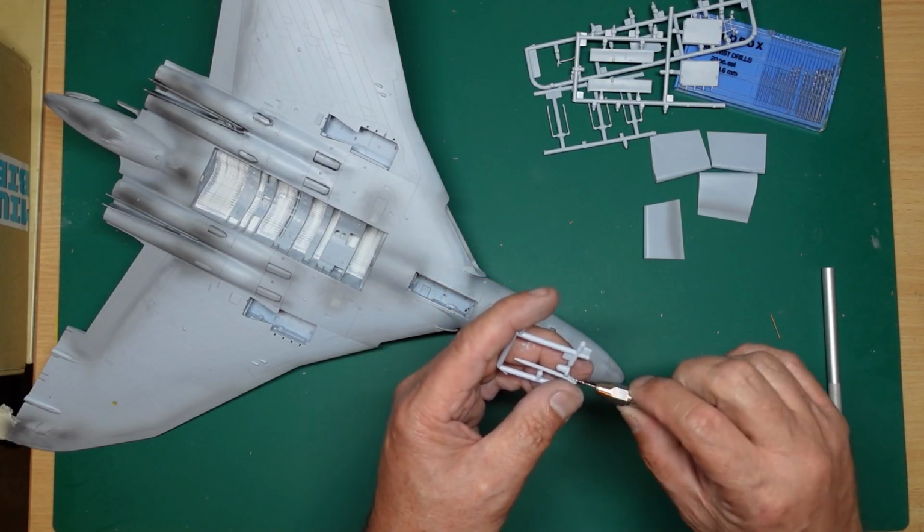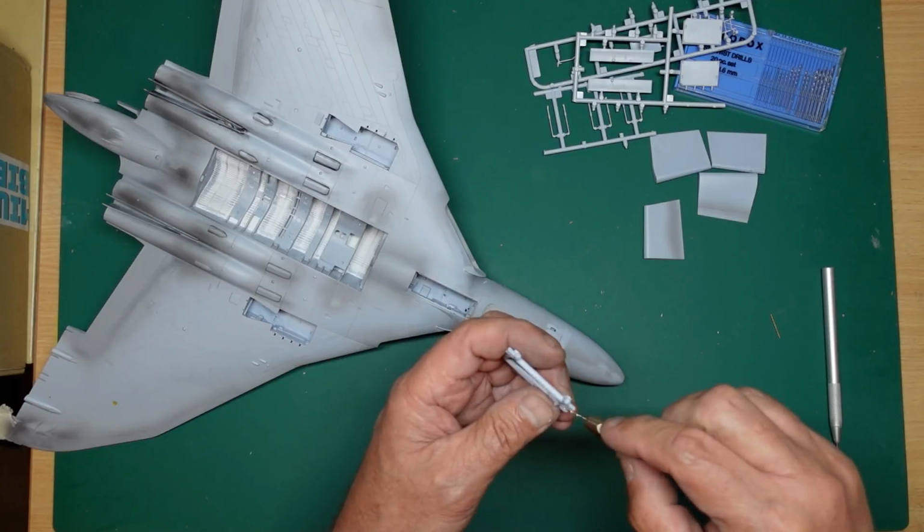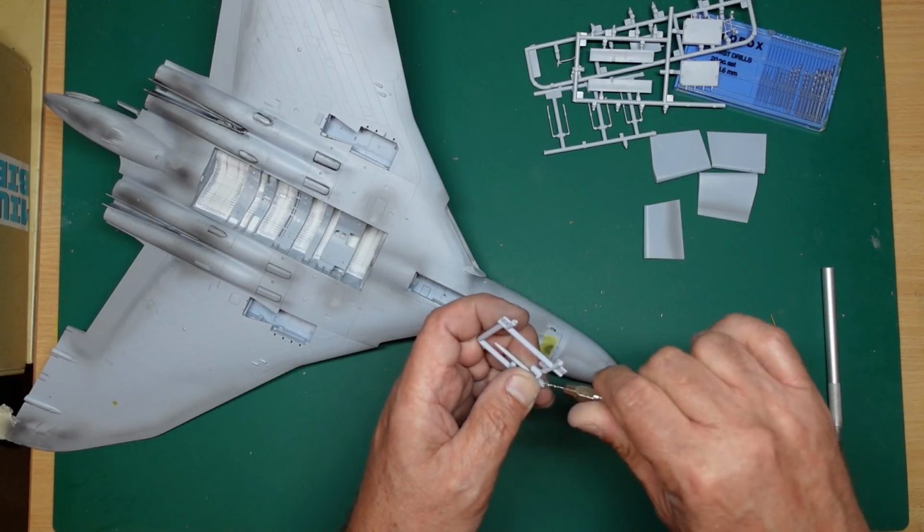This is that bloody squeaky one again, isn't it? And then bring the drill round. Oh shit, see, it slipped off straight away. Bring the drill round,